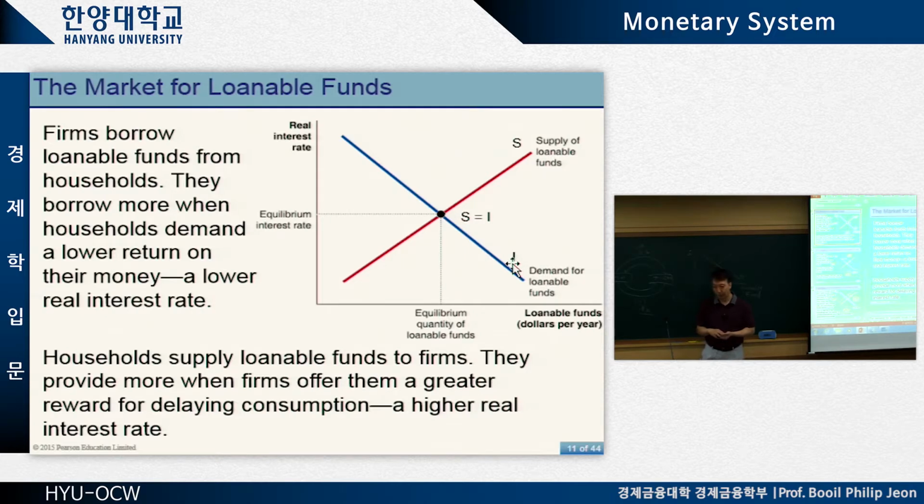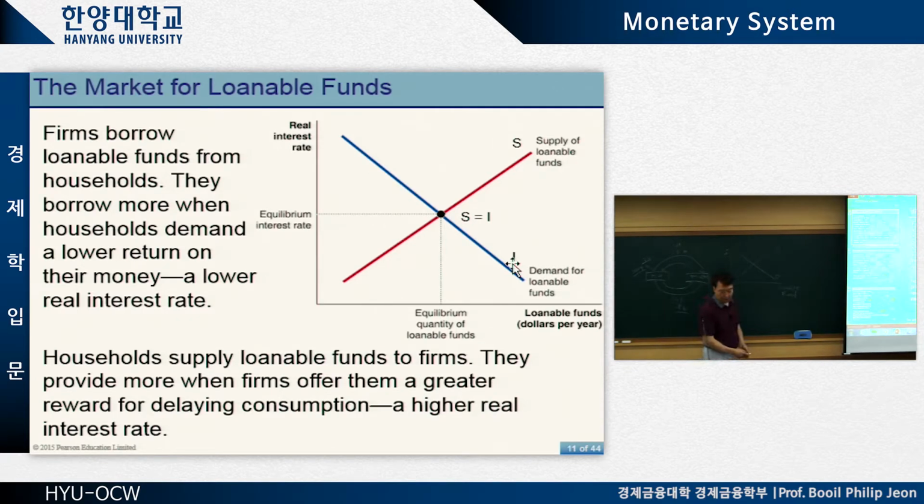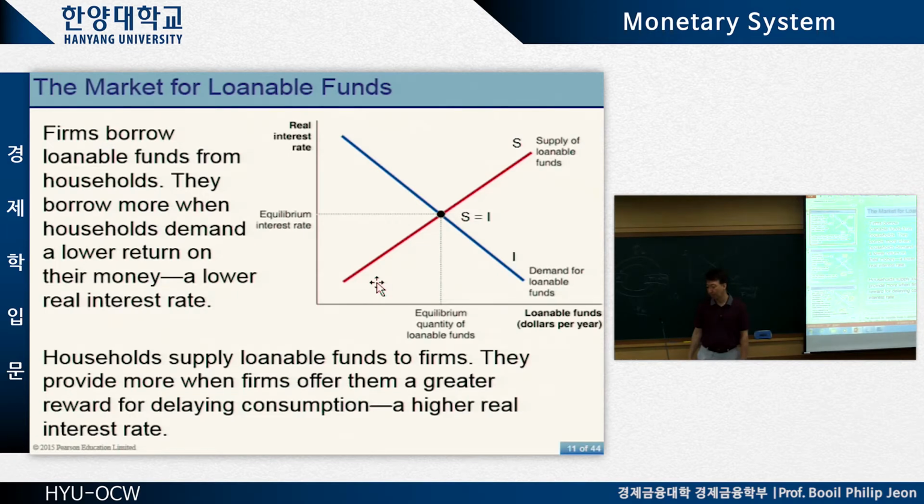So when the firms try to make an investment, right, build a new equipment, purchase a new equipment, or build a new assembly line or new factory, they come to the bank and negotiate the loan, right? So if the interest rate is high, then the quantity demanded will be relatively small, right? Because again, it's a price of money, right? And when you borrow money which you have to pay high interest rate, then it is rather costly, right?